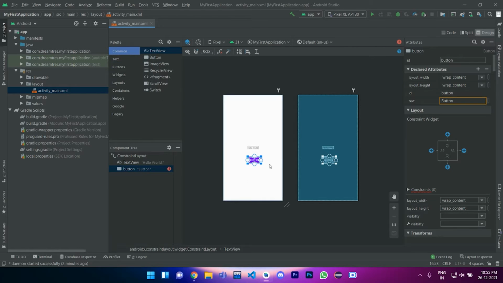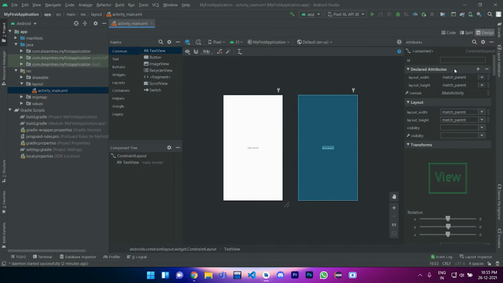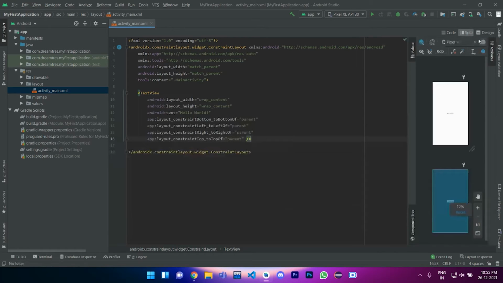There is no need to have whole knowledge of this kind of system, or otherwise you can simply switch to the split screen where you can see your code as well as the preview window. By default the layout provided is constraint layout.